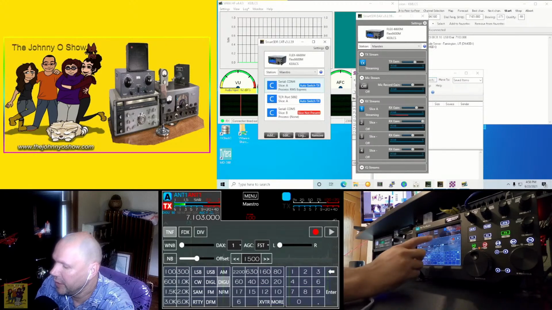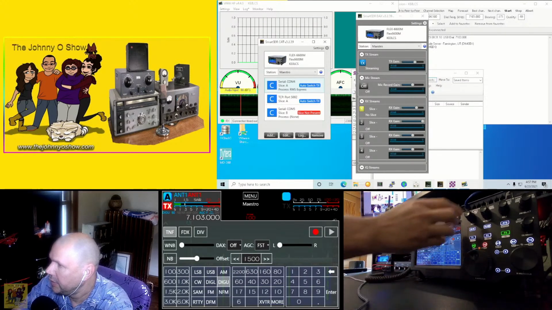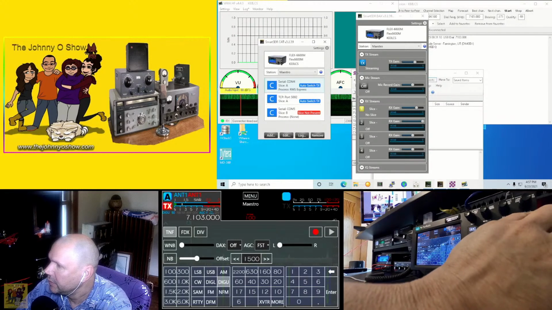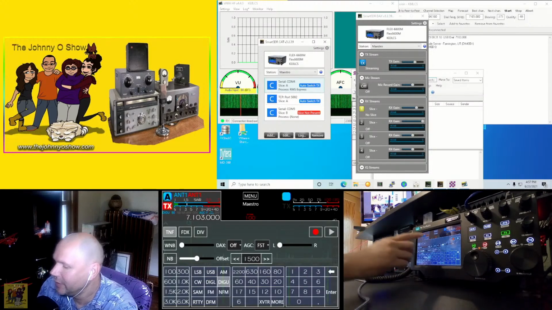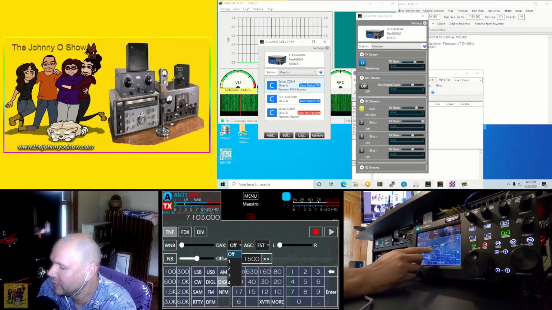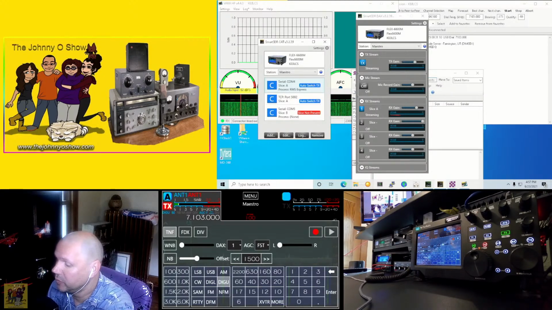Again, if I turn the DAX off, that's interesting. Maybe the DAX doesn't apply to the serial. It's been so long since I've configured this. Maybe it's always there. I guess that's always there. So ignore the DAX for that. So the serial,